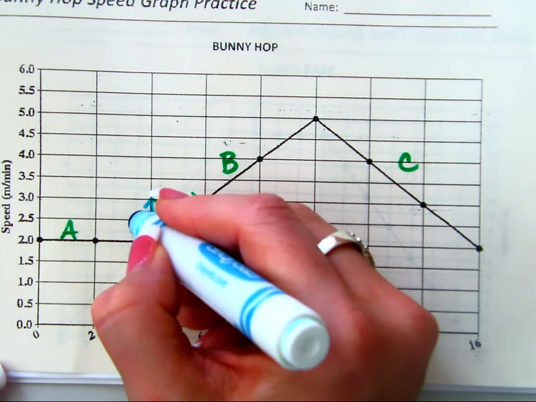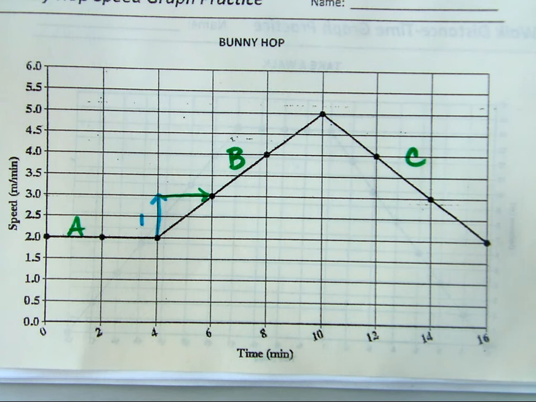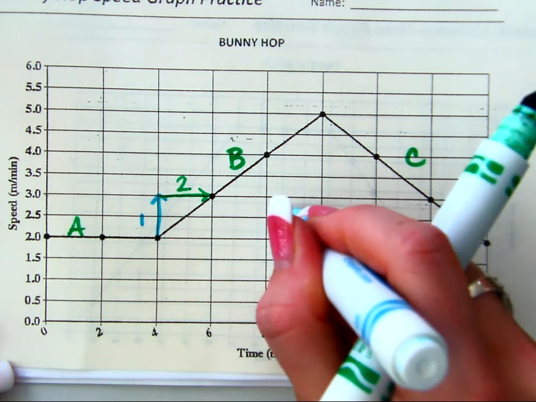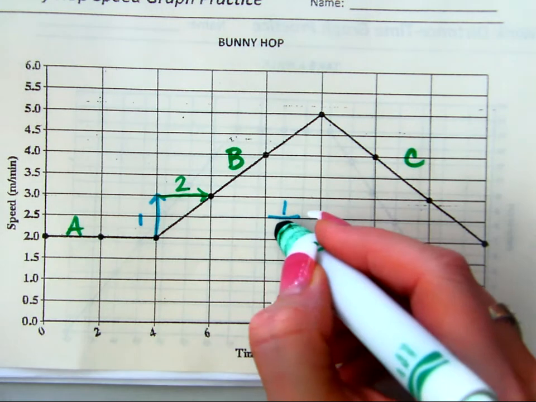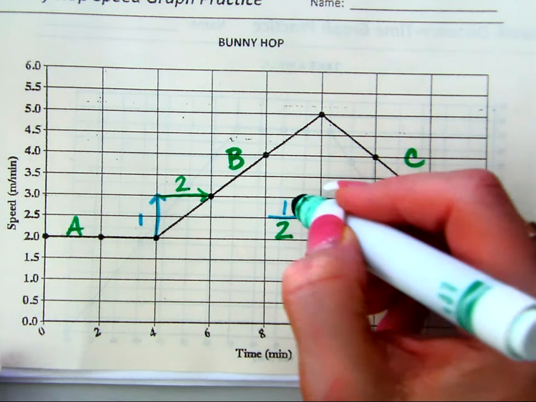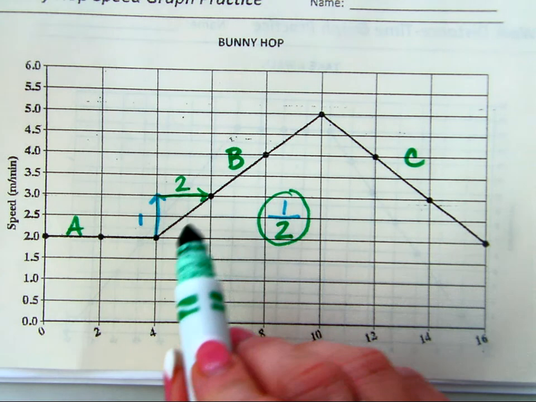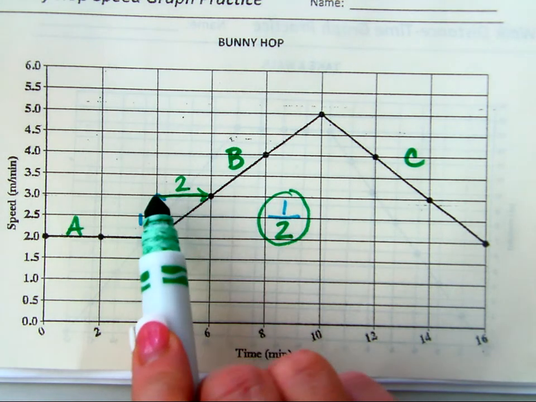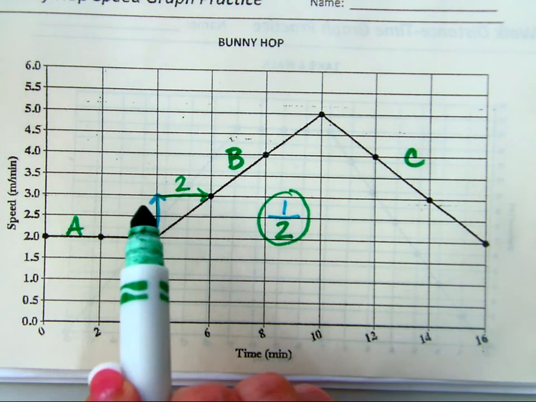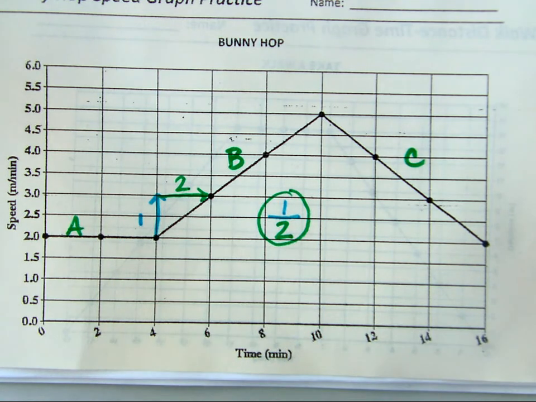Careful on this one. It's the change in your y divided by the change in your x. So I hope you have a rate of change for B at least of 1/2, right? Not 2. 1/2. It went up 1 meter per second for every 2 seconds, because it went from 4 to 6. So sometimes these don't always represent 1, right? Okay, so